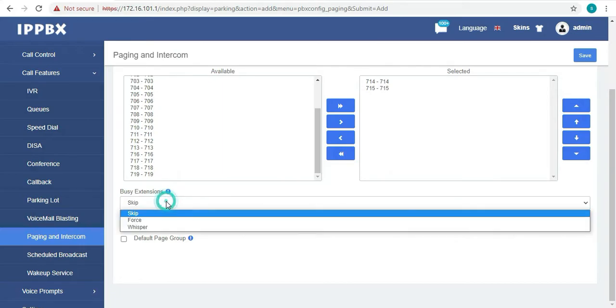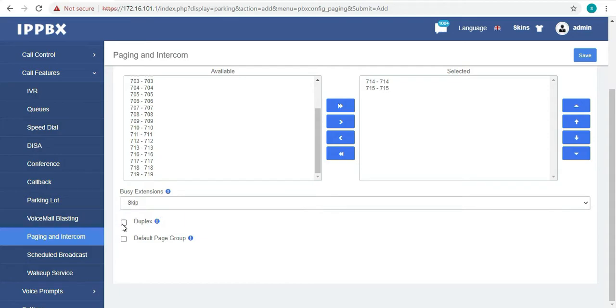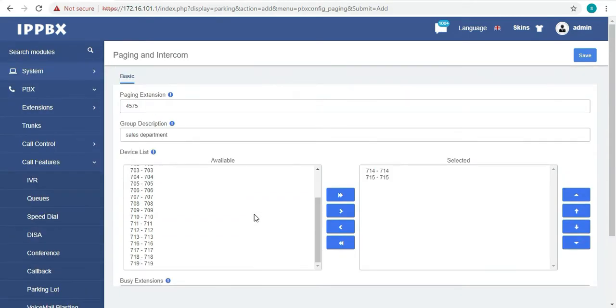And if the extensions are busy at the time of announcement, so you can select from these options like skip, force and whisper. You can also select from duplex and default page group if you want. So after this you can save this.